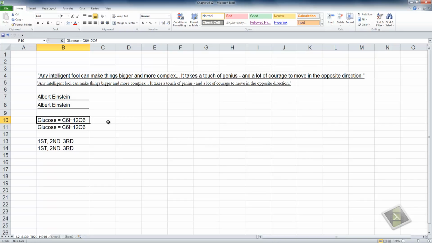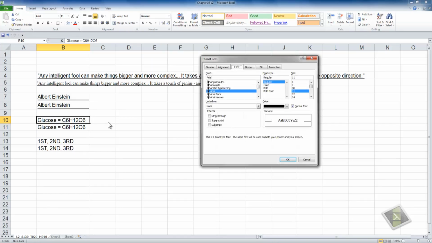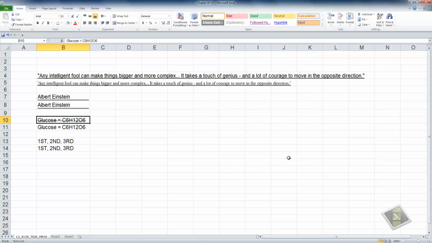The other choice that we have with Control-Shift-F is to strike through the text, left-clicking OK. It draws a line through the text. This can be useful if you have a note on a worksheet that you want to keep for reference, but it's not currently applicable. For instance, going down to the second glucose option, before I launch the dialog box again, I want to make a selection here. I want to select the number 6, and I left-clicked and dragged over that in the formula bar, Control-Shift-F,